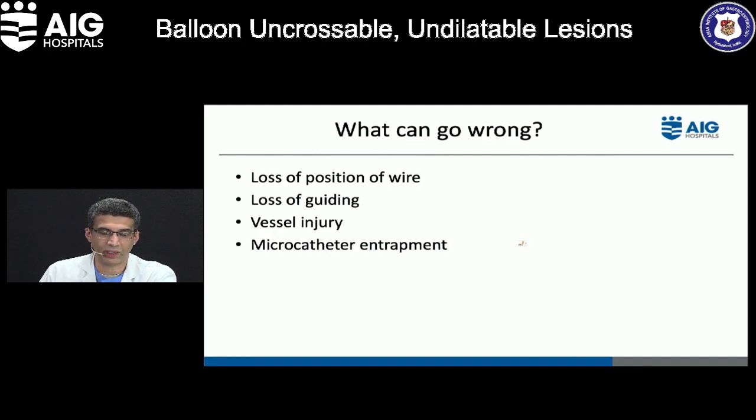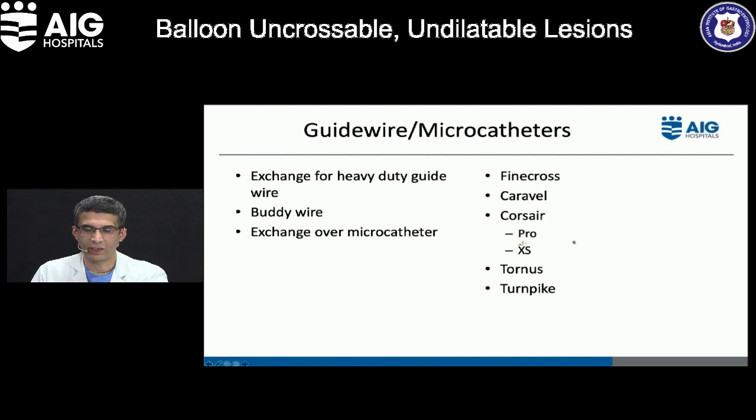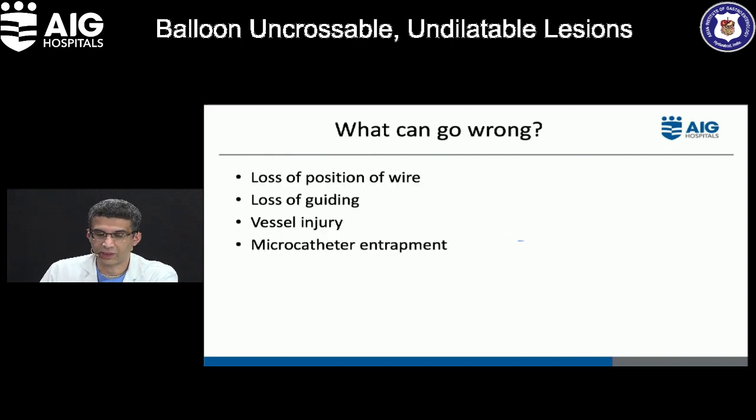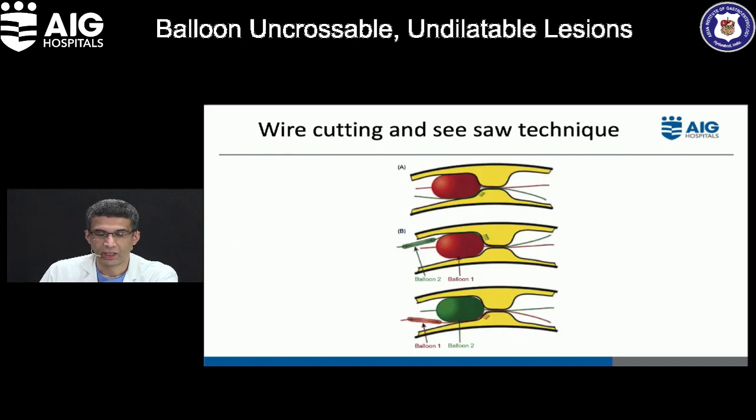Basically, you might lose the wire, you might lose the guiding, it can cause vessel injury and microcatheter entrapment, especially with a microcatheter like Corsair, where you keep rotating. If you over rotate it, it's always important that when you do a few turns in anti-clockwise direction, you again do it in clockwise direction to unrotate it. Otherwise, it keeps turning there and then finally it breaks at the tip. We had one situation of a Corsair embolization because it broke because of excessive rotation. So those kind of things should be avoided.